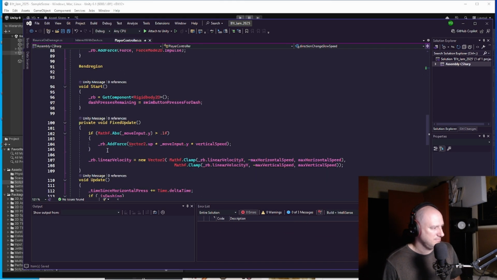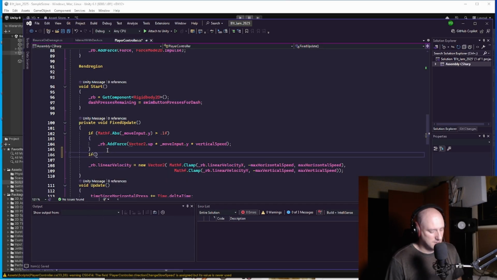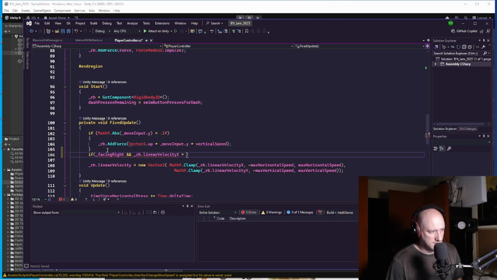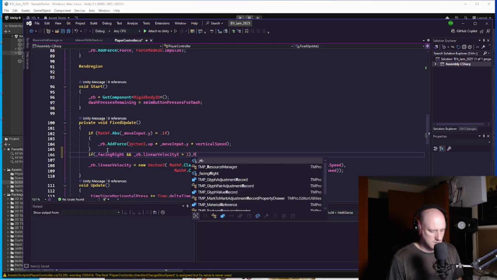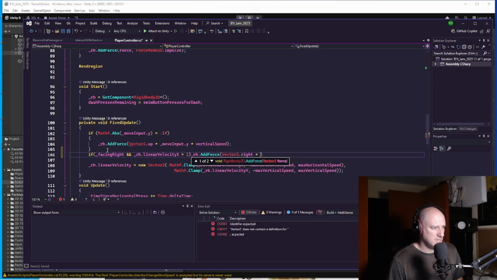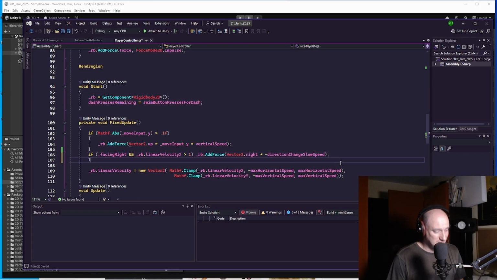And then in fixed update, we can say if facing right and RB dot linear velocity x is greater than 1, then we'll say RB dot add force, Vector2 dot right times, actually, no, I can do right, and then I'll just say negative direction change slow speed, and I'll say else